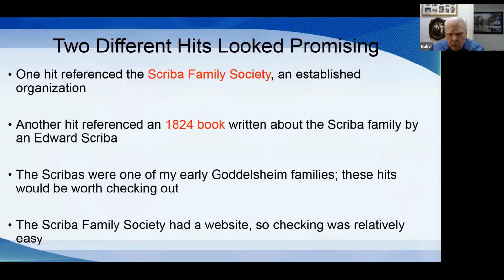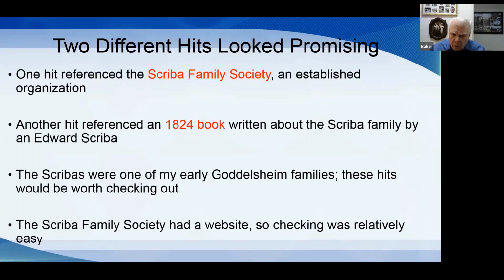And then this hit also told me about a Scriba family book, a surname book that was written really way back when. And so they're one of my Gottelsheim families.